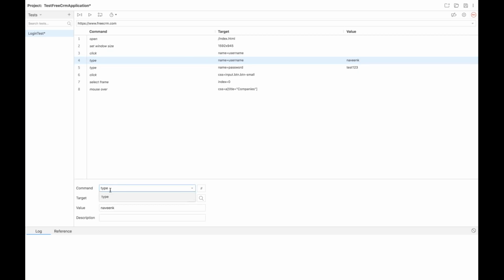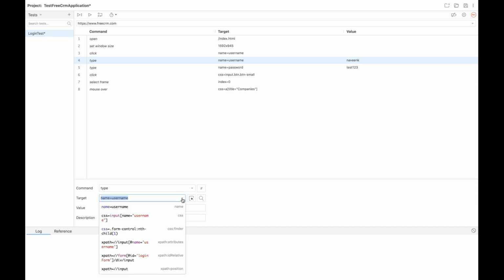Command means the method name, like send keys or type. And then name equal to, this is a locator. So instead of this, the name is the locator. If you open this target field,